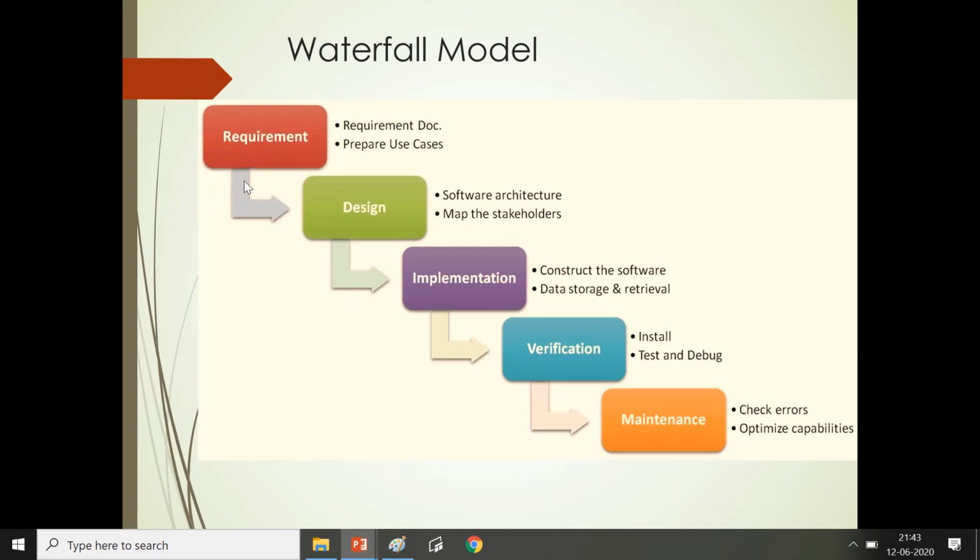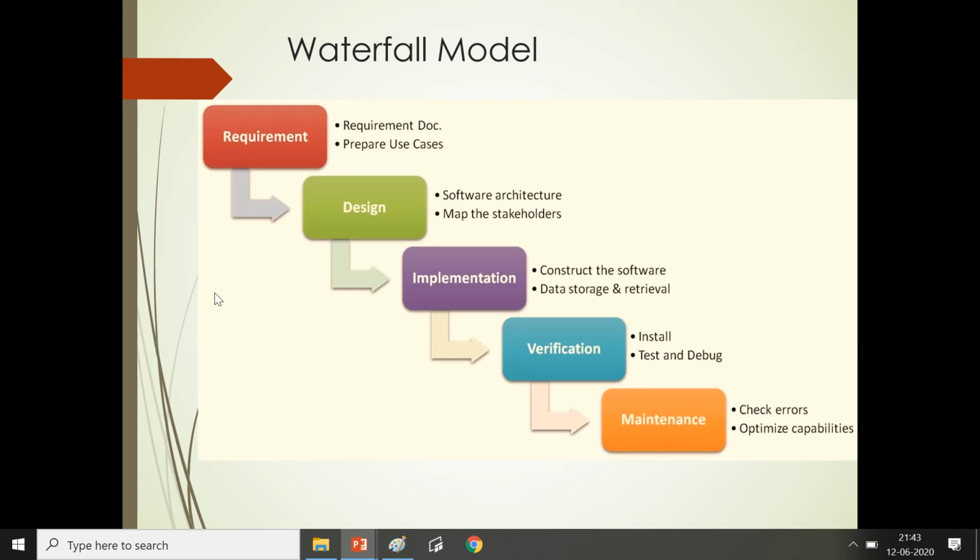The requirement tells what the software does, while the next stage, that is design, tells how the software does it. And the next stage, that is implementation, that is nothing but programming, is the coding stage in which you actually implement the software program. Testing and verification ensures that the program performs according to the requirements. Once you have written and released the software, it enters the next stage, that is maintenance stage. In this stage, you update, correct and modify it for further application.